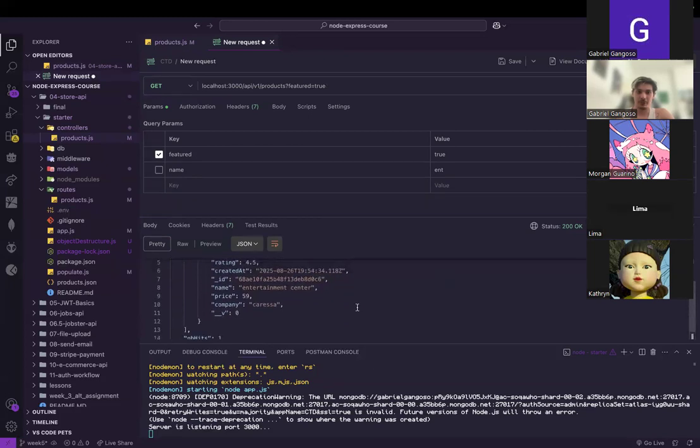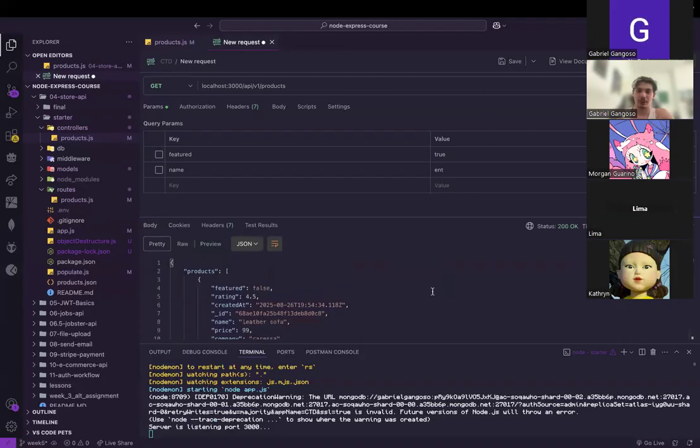Is one that we can match even harder than that. Oh, this is actually the only featured one, so that's not super helpful. What else can we do? We do the price, right? So it would be a numeric filter, I think is what we called it, right? Numeric filter. I don't even remember anymore. Numeric filters, plural, right? And so say price greater than